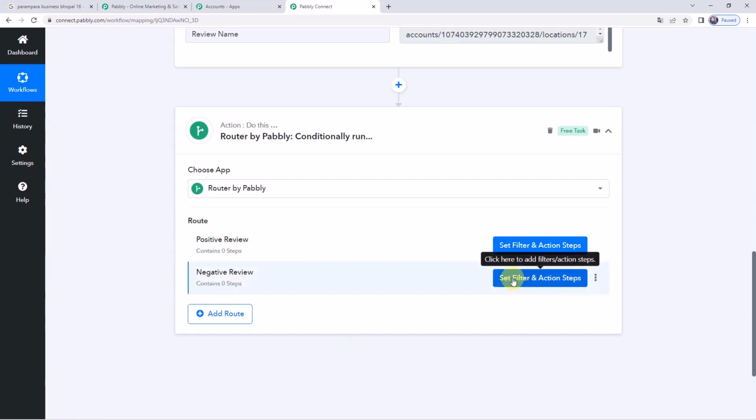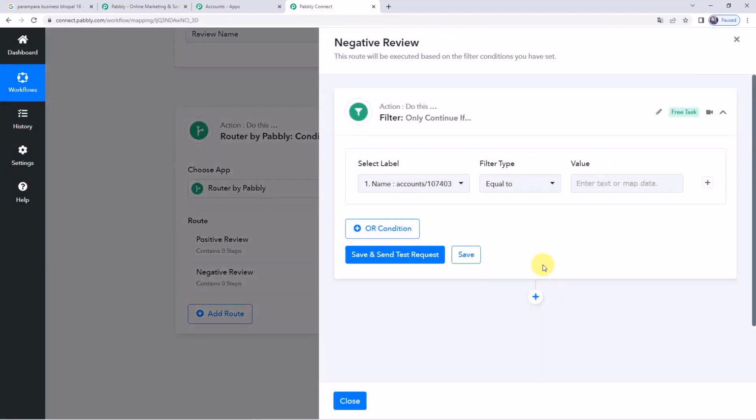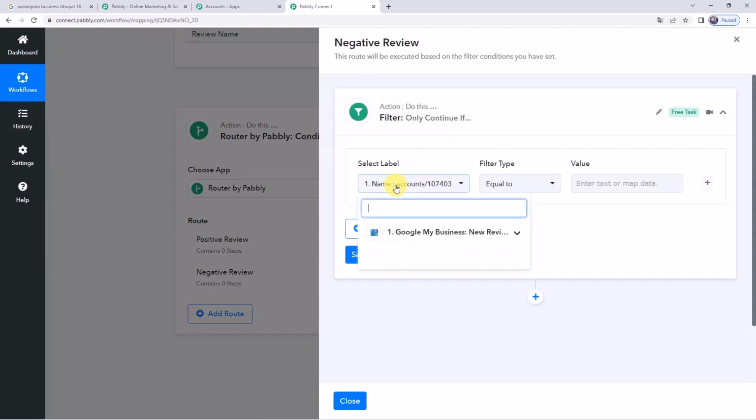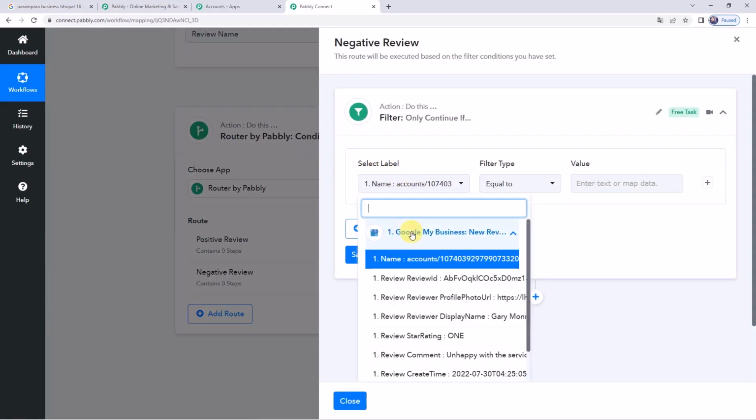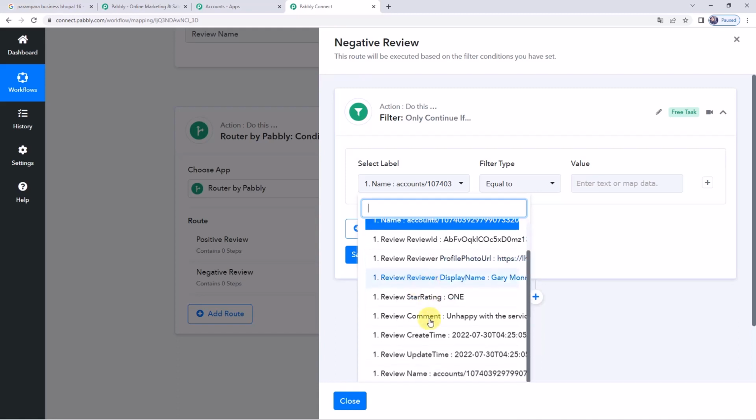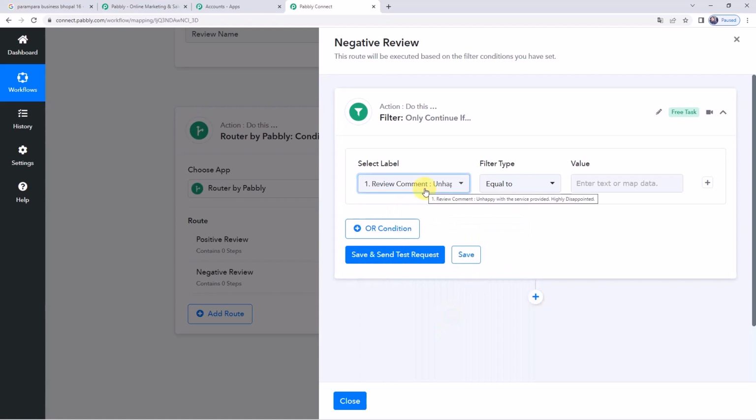So I'll click on this set filter and action steps. Because we have got a negative review, first let us set route 2, that is negative review. So I'm going to click on set filter and action steps over here. Now we'll be selecting the label. Come to Google My Business, new review. We'll be mapping the review name over here, and the review comment was unhappy with the service provided. So if this particular label